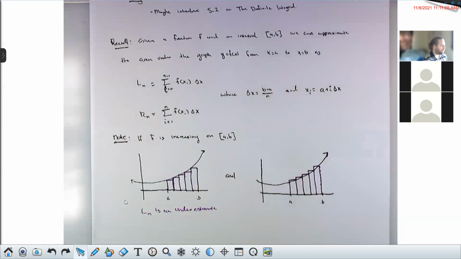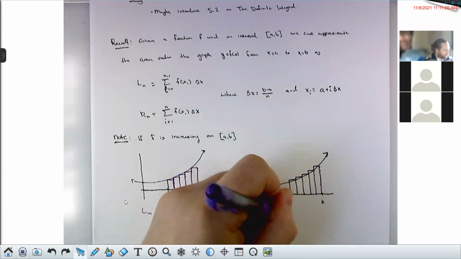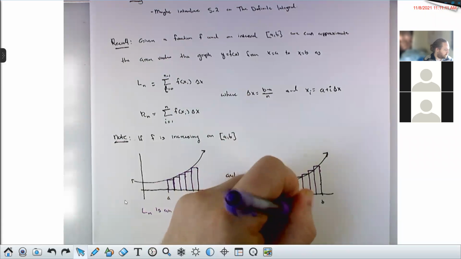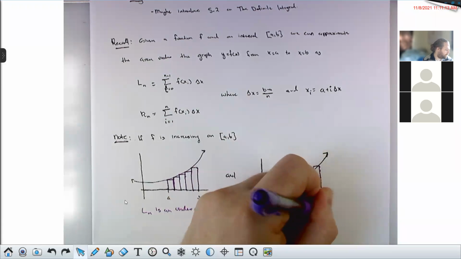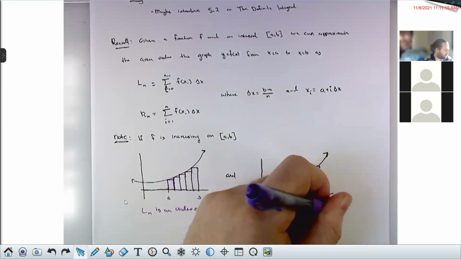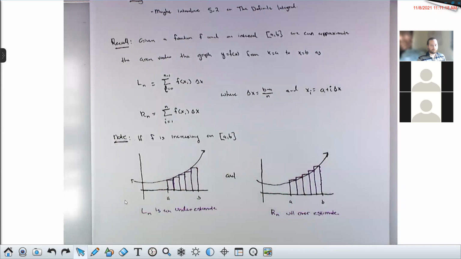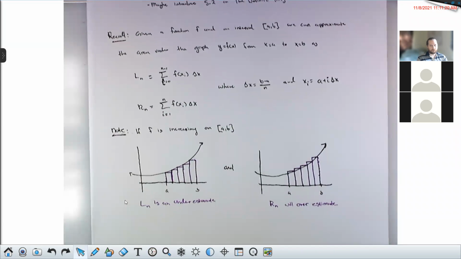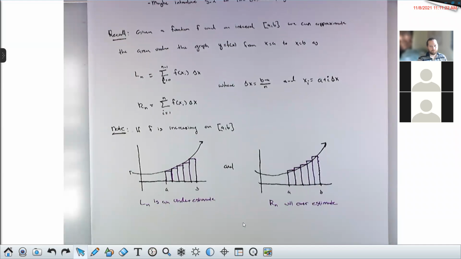So specifically here I've drawn L_5 and R_5, but it doesn't matter what n is. So if your function is increasing on the interval [a, b], or at least on the open interval,